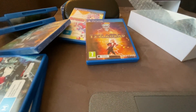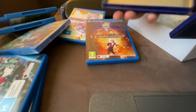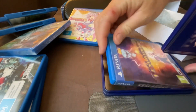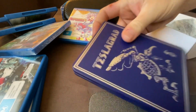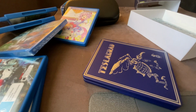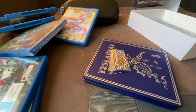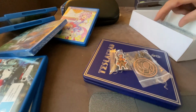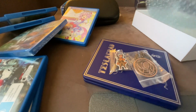Now, this version came with a couple of things, being a special edition. So I've got a steel case. Now it's not a book; it's just a case, which the game will fit in completely with the cover. So that is quite a nice and unique little setup. It came with a pin badge and a little keychain coin, and finally it comes with a